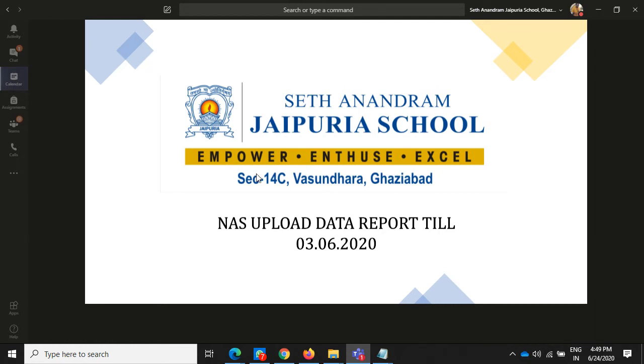So don't worry about it. It won't take so much data. It's a very tiny app, and it will install on both Windows 7 and Windows 10. You can try to install it on Windows 10 most preferably, or we can use Microsoft Teams also on Windows 10, because sometimes it takes so much time, and your calendar will crash on Windows 7 or Windows 8.1. So rather, we can use Windows 10 most preferably.